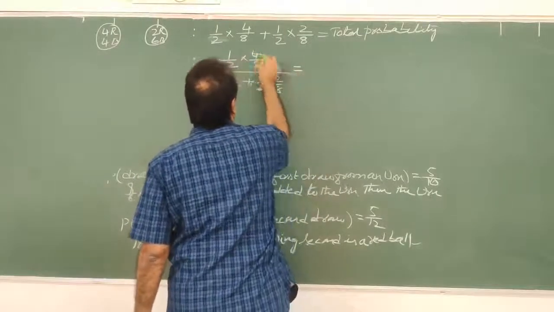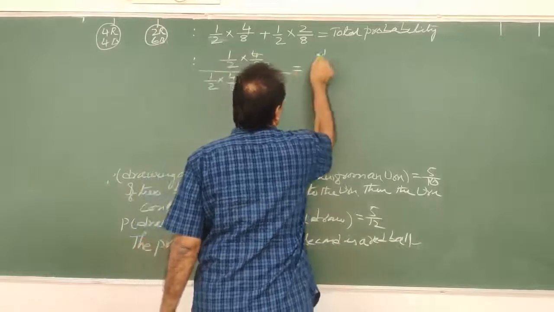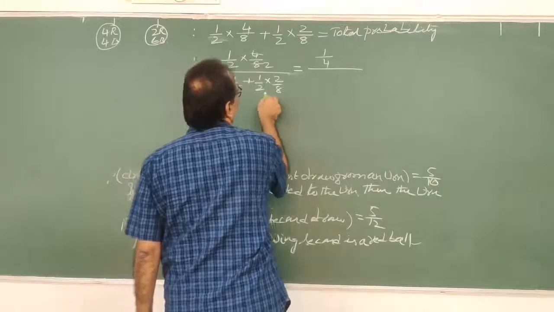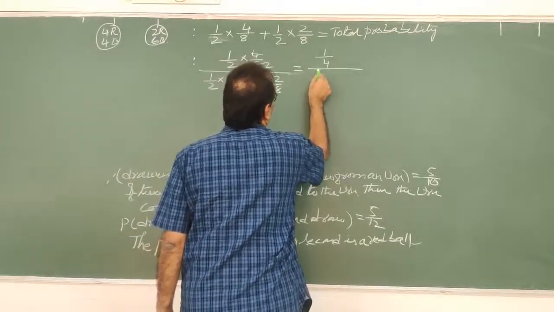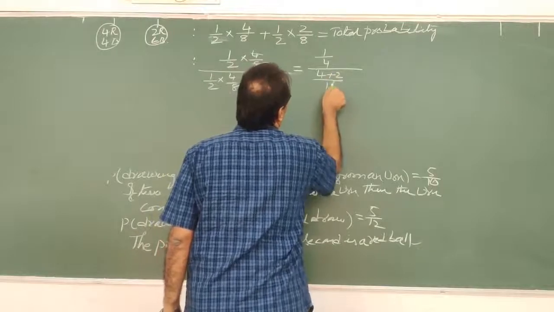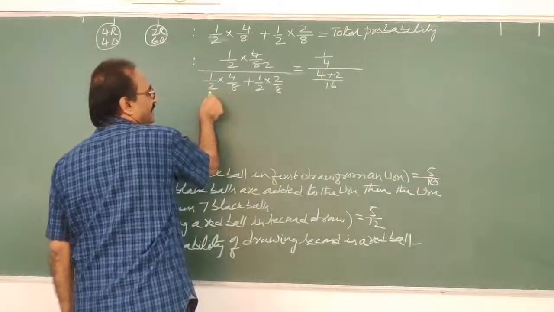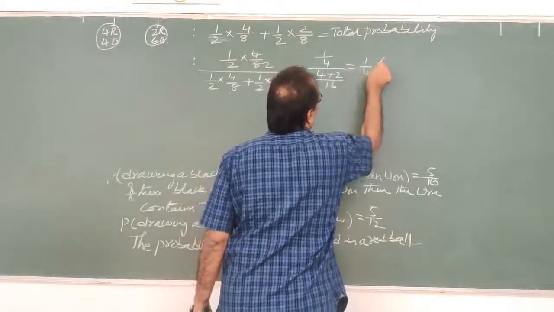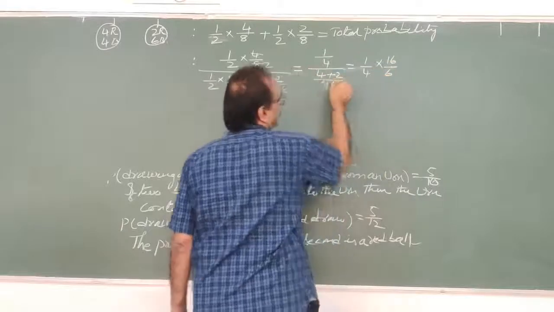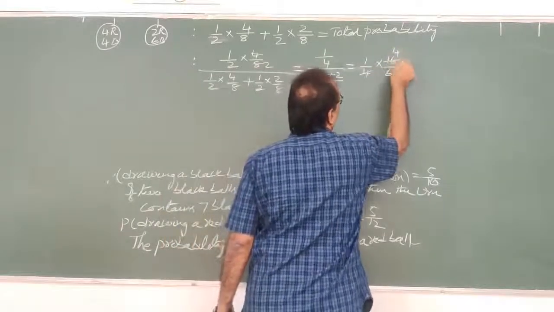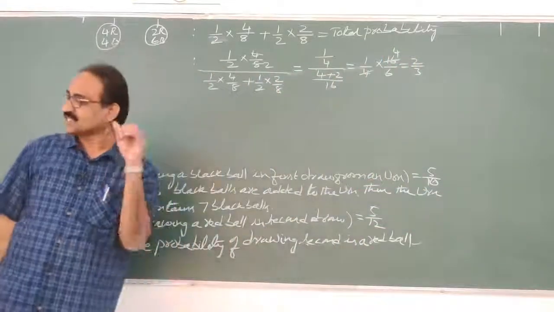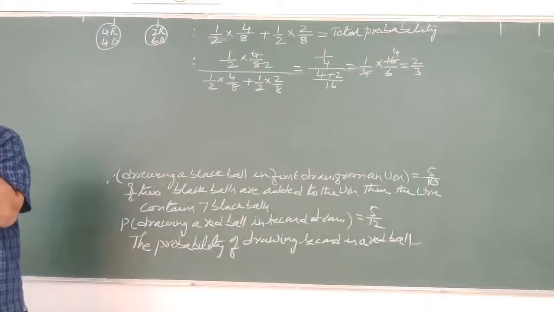1 by 2 times 4 by 8, 2 goes here, 4 goes in here, 2 times, I will get 1 by 4 in the numerator. Now here, 16 is there. So let us take 4 plus 2 by 16. Correct or not? 16, no? I don't want to cancel 16. So 4 by 16, 2 by 16, which is nothing but 1 by 4 into 16 by 6. 4 plus 2 is 6. So 4 goes in 16 4 times, in 4 2 goes, 2 by 3. Answer is 2 by 3. Over. So we got the answer 2 by 3. This is our answer.